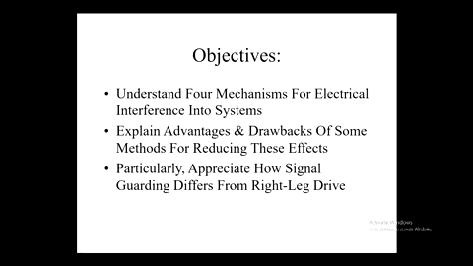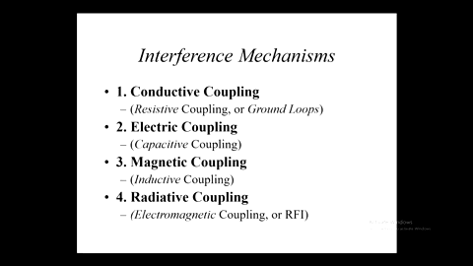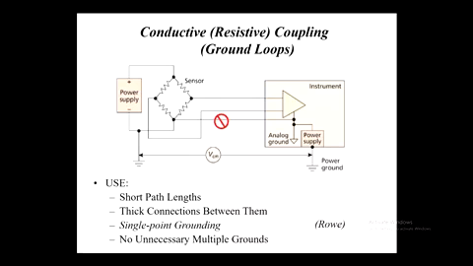So basically four mechanisms for interference, coupling interference into circuits of electrical nature, and we've got some ways of dealing with them, and there's also the method of signal guarding as a form of shielding, and I want to talk about that in terms of right leg drive. Now, here's listed the interference mechanisms: conductive, capacitive, inductive, and electromagnetic. So first up, we've got this idea of